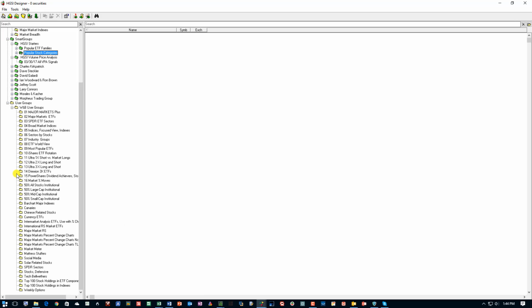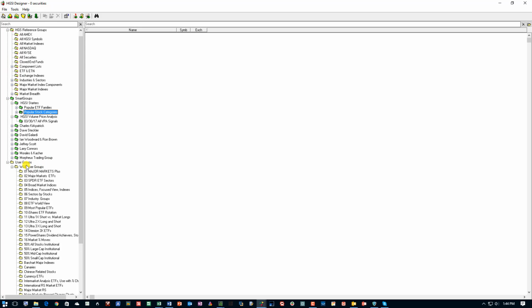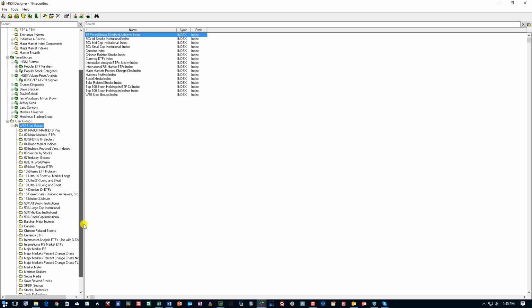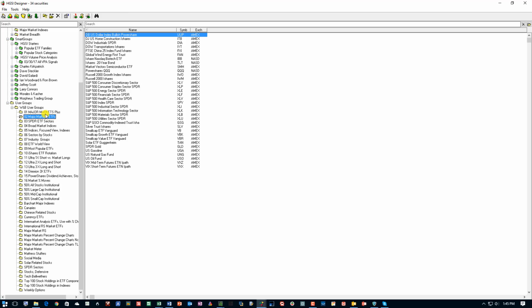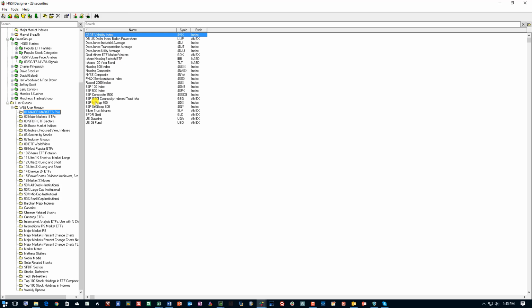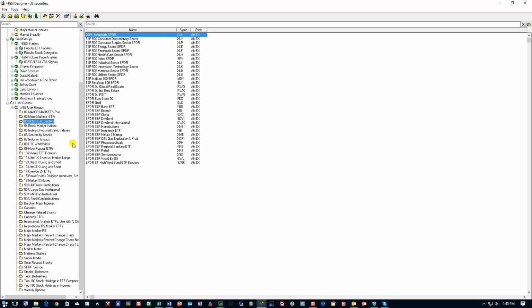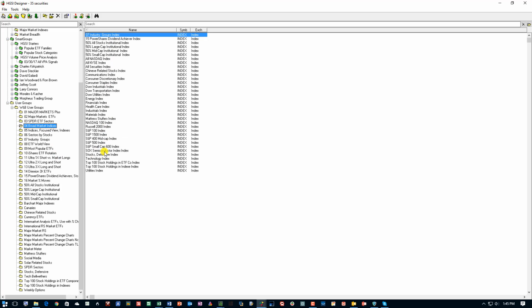Now, if you want to create your own user groups, which you should and you will, they go down here. Now, these are my user groups that I put together over the years, and they serve a purpose. You can look through here, but I primarily use the Major Markets Plus. I call it the Major Markets Plus because it's full of major market indexes and also some ETFs, and it gives me a quick view of what's happening in the markets. Now, major market ETFs, ETF sectors, these are the broad market indices. I use this folder to go top down when I'm prospecting from the top down,